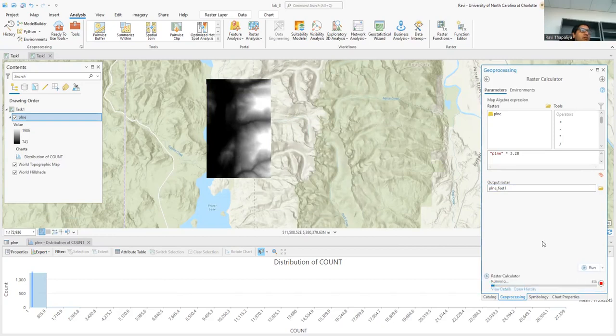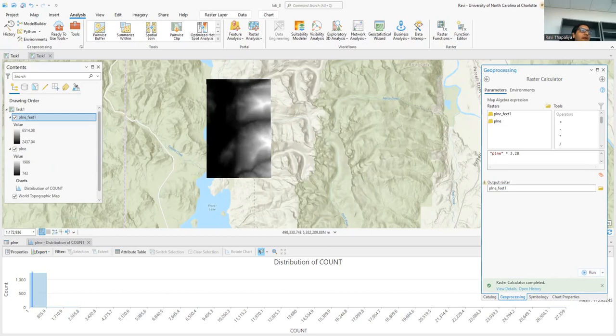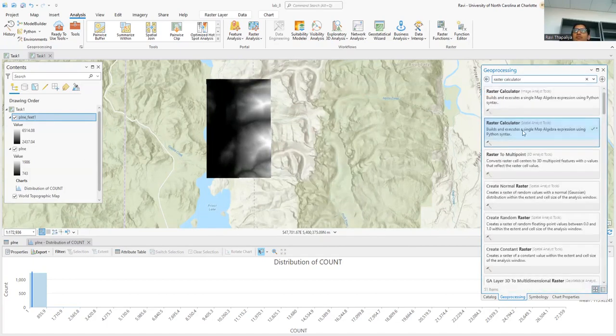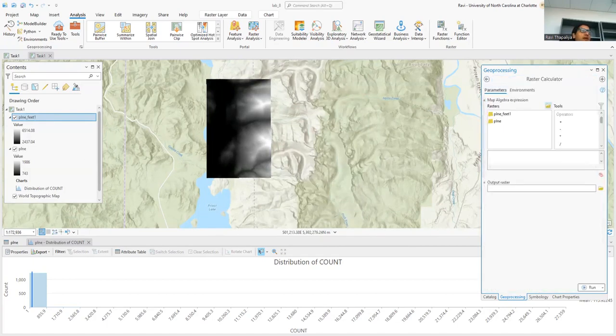And click Run. The new raster PLNE feet shows the elevation in feet instead of meters that we had earlier. And then in step 9, go back to raster calculator and now enter PLNE feet